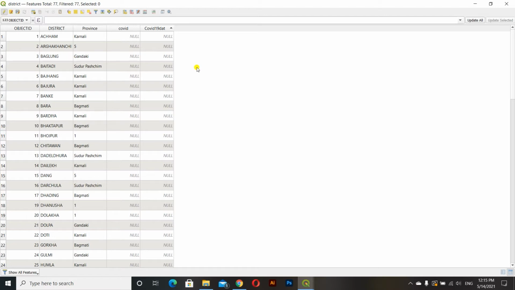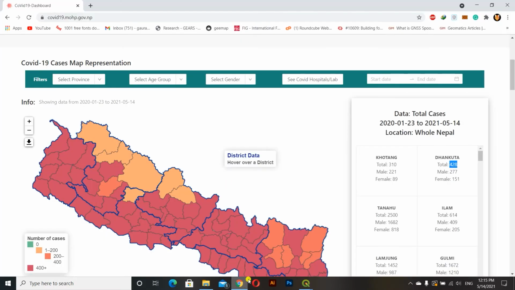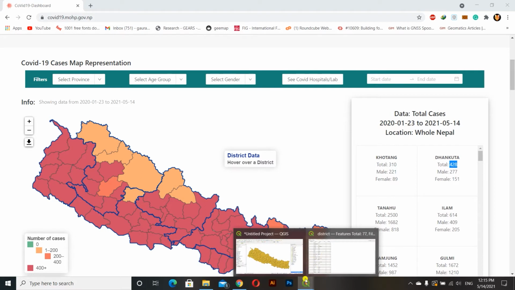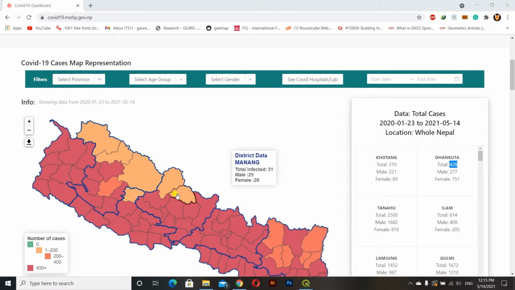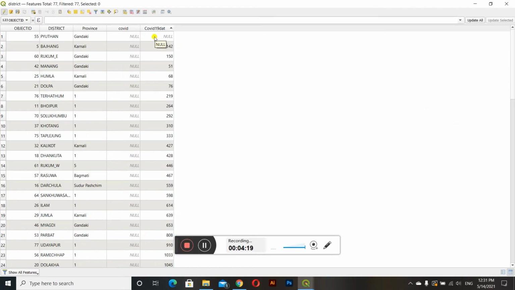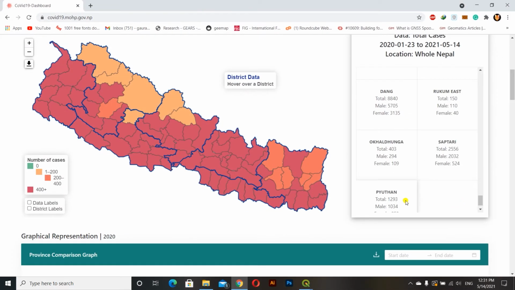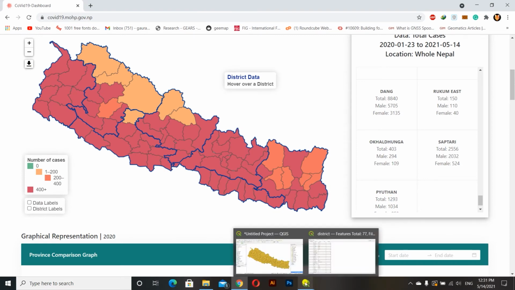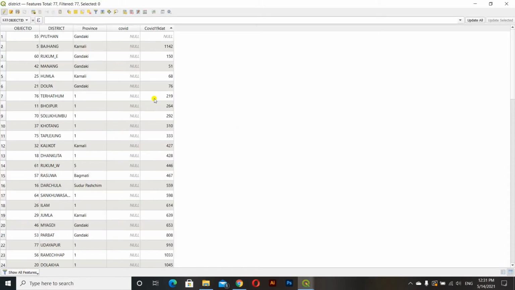So this is how we'll do. Let's get started. Okay, now I have completed copying all the data from the website to the attribute table.